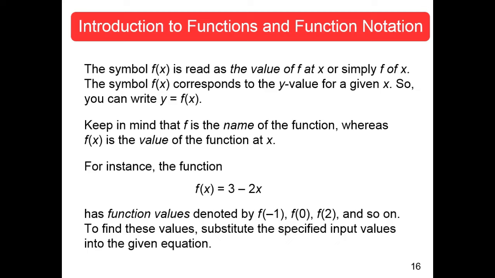Absolutely. How about 0? That's my favorite. That's why I like it. Okay. What's this one? f of 0. We go 3 minus 2 times 0. Minus 2 times 0 is 0. 3 minus 0 is 3. Okay. How about 2? What's f of 2? Okay, that would be 3 minus 2 times 2. Minus 2 times 2 would be negative 4. 3 minus 4 is negative 1. Perfect. Y'all are good. So you see you can plug in any value in the world. So your domain would be all real numbers. And in this case, what would your range be?